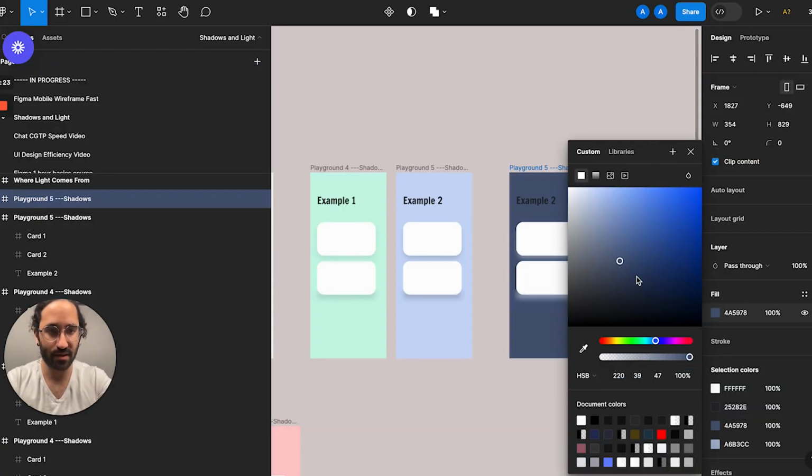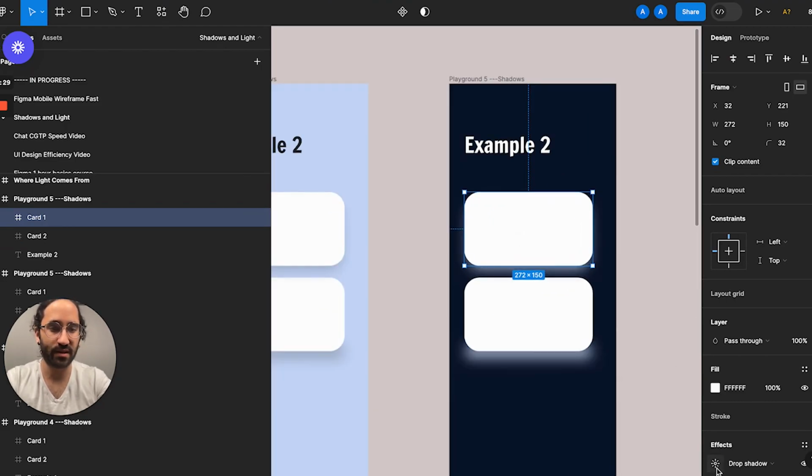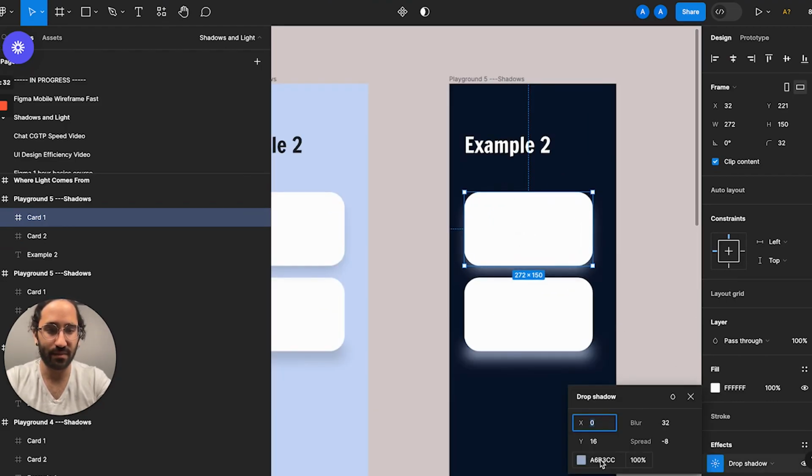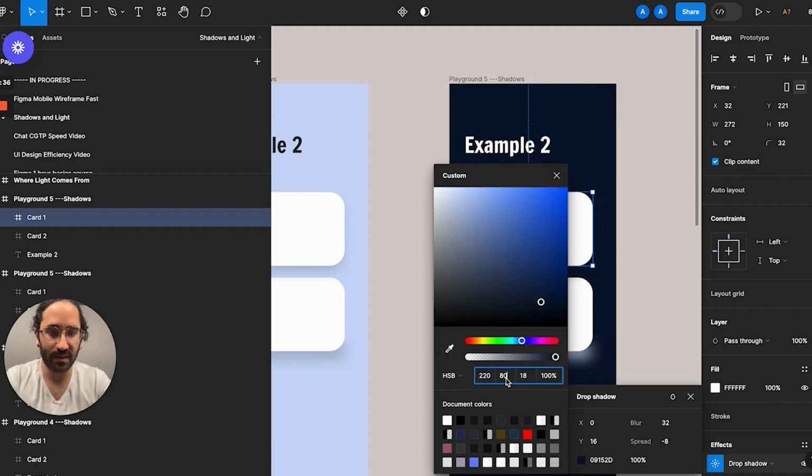Now, one key caveat to this, when it comes to using actually a background that is way, let's say, darker, the rules kind of have to change a bit. So let's say we make this background a lot more darker. The problem we will have here is let's say we match the shadow color to the background here. The problem is we won't get away much with if we just do it